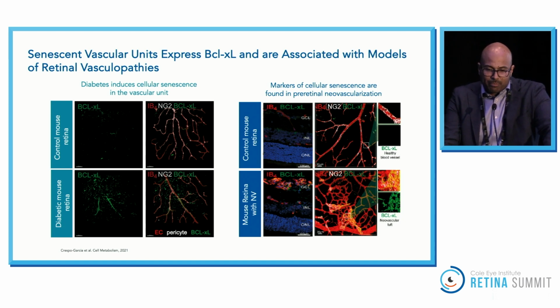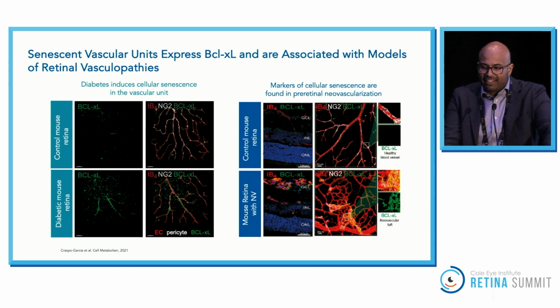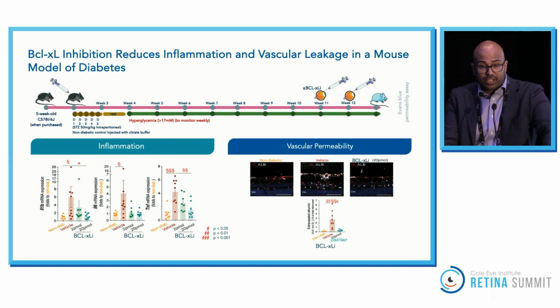function. So one main player in this process is BCL-XL. BCL-XL is a protein that inhibits apoptosis, and so this keeps these senescent cells alive. If you look at this control mouse retina on the upper left panel, you can see staining for green BCL-XL, not a whole lot there. You look at the diseased diabetic mouse, there's more BCL-XL, showing the role of BCL-XL. And you also see it on the bottom right panel where neovascularization is present. You can provide an anti-BCL-XL, which is UBX 1325, to these mice, and you can see a decrease in inflammation. You see decreased IL-1B, IL-6, and TNF when this is provided, and vascular permeability is also decreased in this